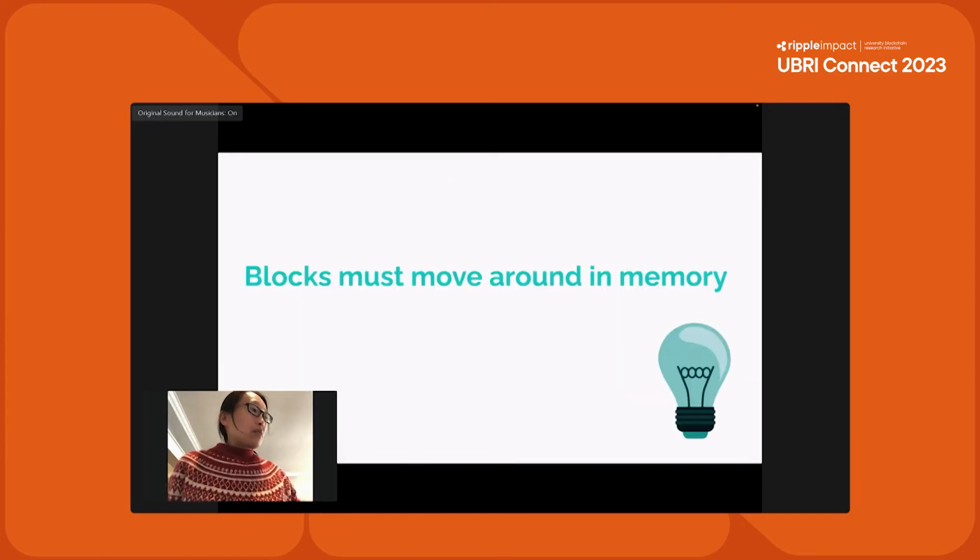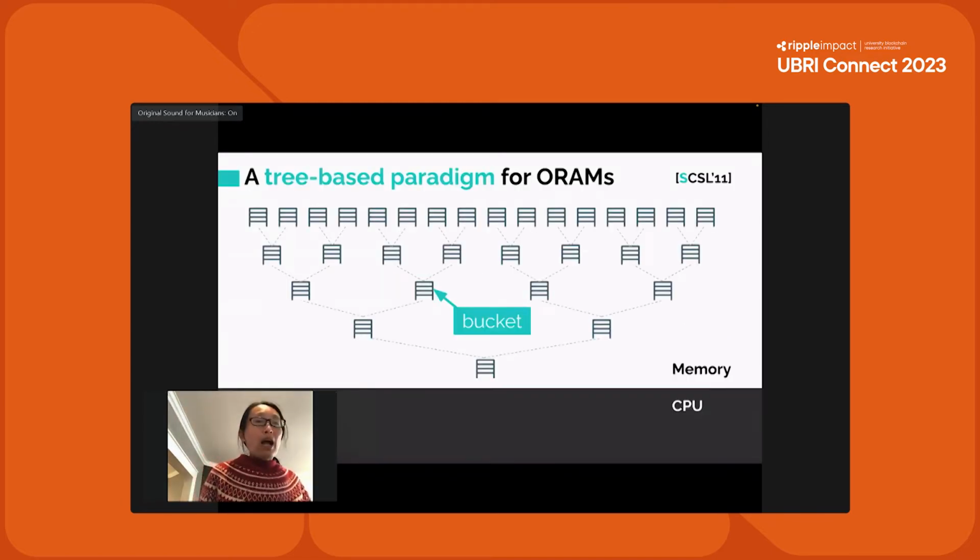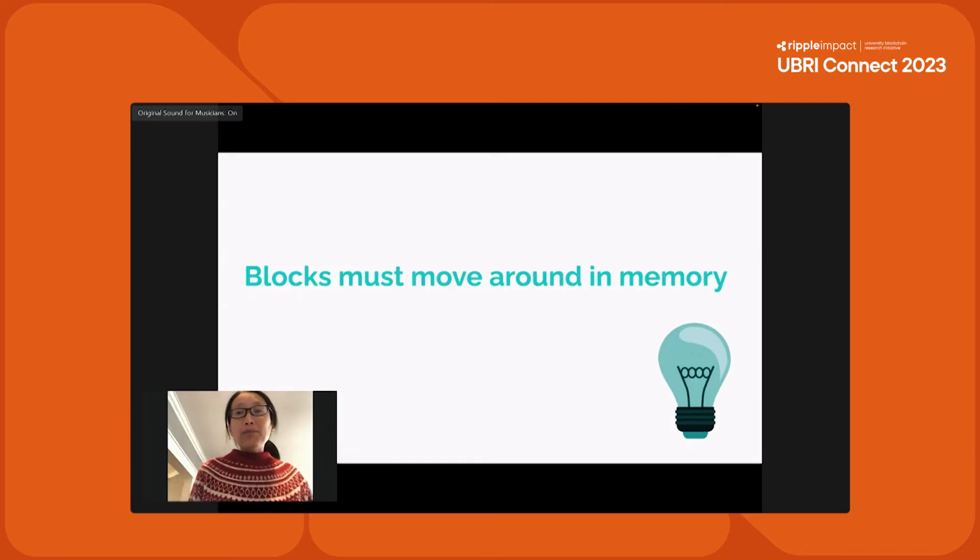Okay, so now let's think about how to fix this problem, right? The lesson we have learned from this naive permutation idea is that if we want to have an ORAM scheme with non-trivial performance, the blocks have to move around in memory. In fact, every time you access a block, you have to relocate it to a new location, because otherwise, if you access it again, you are going to go back to the same location, which leaks frequency. Okay, so I want you to keep this insight in mind when I introduce the algorithm, because we'll see this